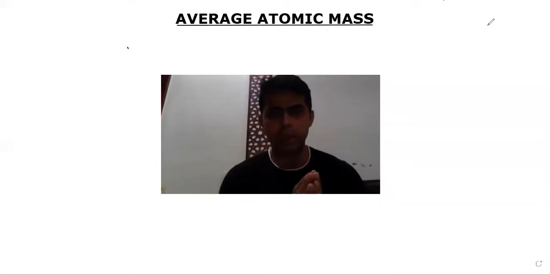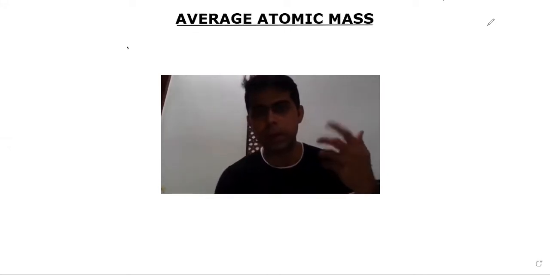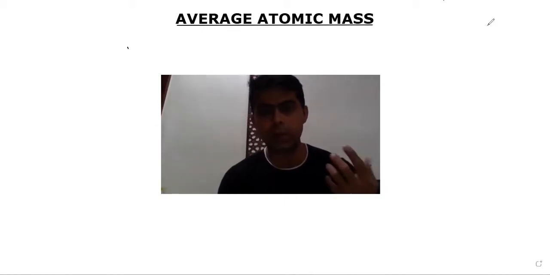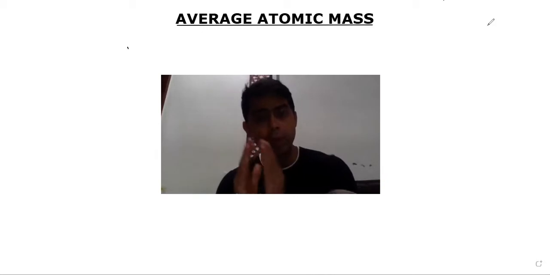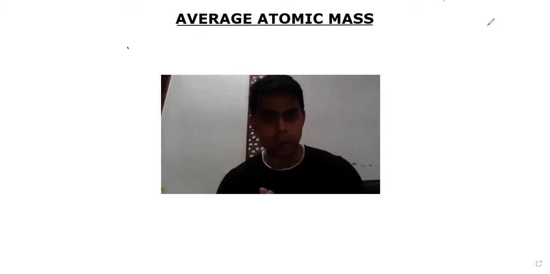these numbers like 35.5? If you recollect the idea of atomic mass, atomic mass is nothing but the number of protons plus the number of neutrons. So if I write down chlorine's atomic mass as 35.5 AMU, what comes to mind? The neutron will be in fraction. How is 35.5 coming? It should be 36, it should be 37, but how is 35.5 coming? How can it come in fraction like this?